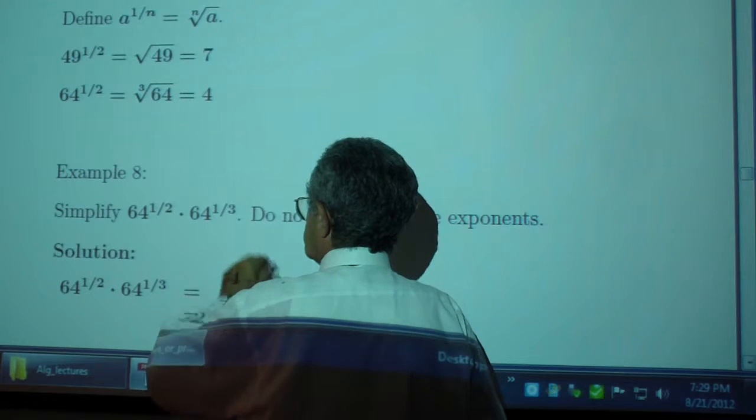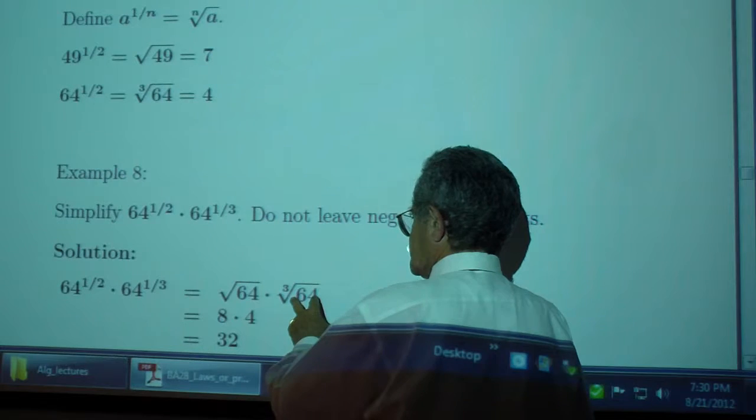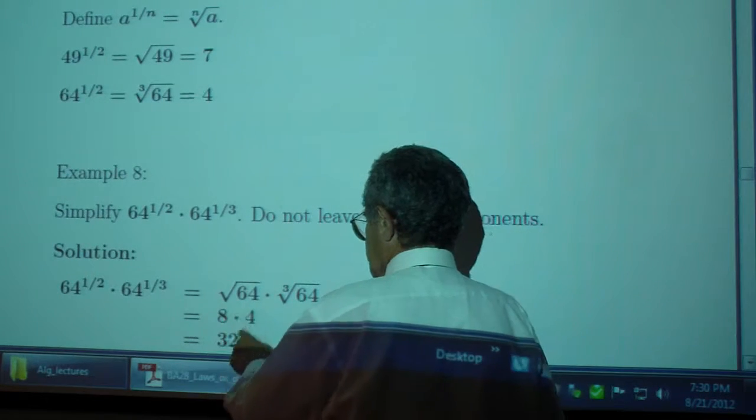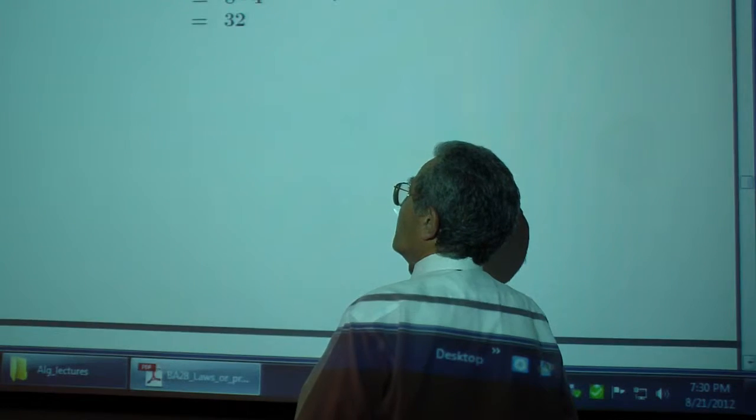64 to the 1/2 times 64 to the 1/3 is the square root of 64 times the cube root of 64, so 8 times 4, 32. Or